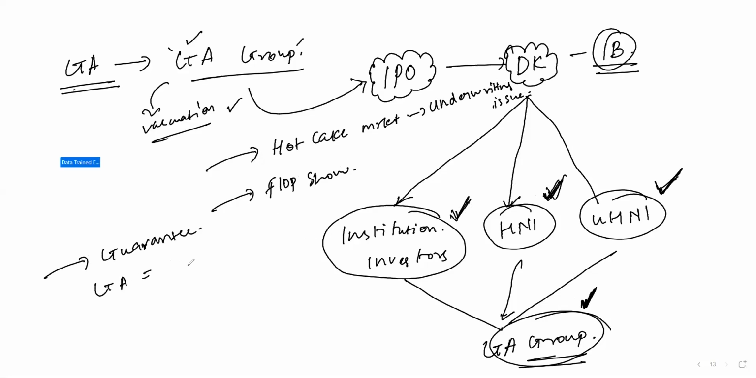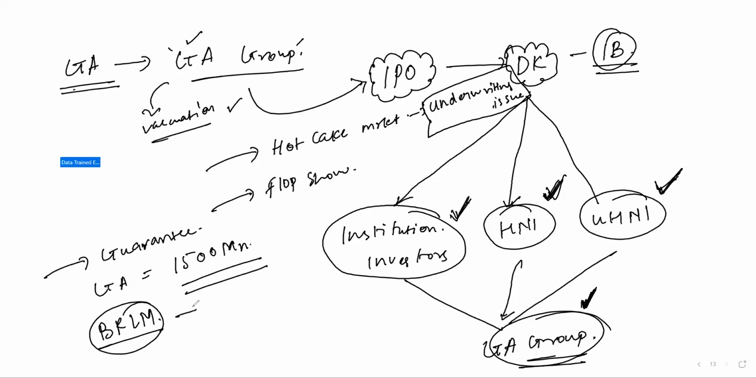Remember, there was something called issued capital. Let's say GA Group wants 1500 million of issued capital. Now, if the issue is an underwriting issue, the book running lead manager, that is basically an investment bank, has to guarantee that this 1500 million of the issue will be subscribed. In case of any shortfall,